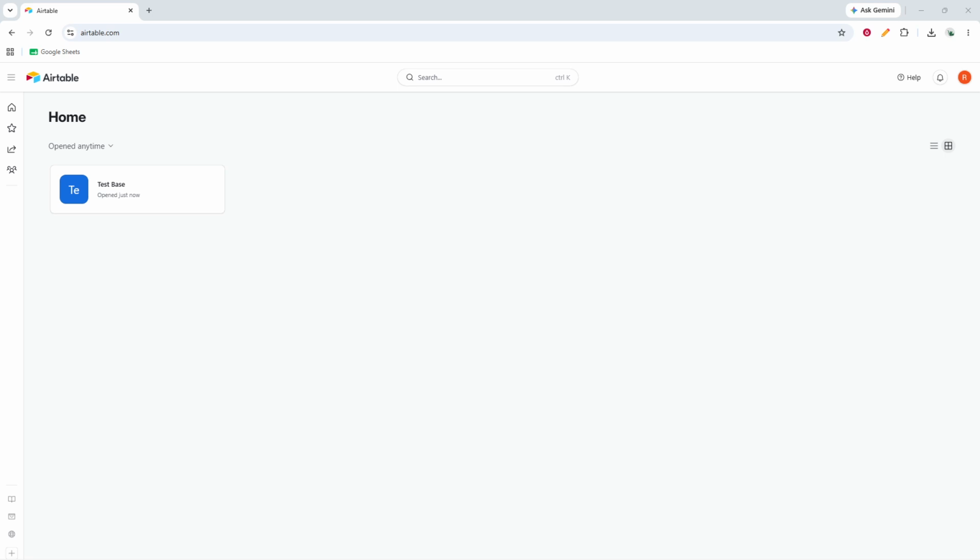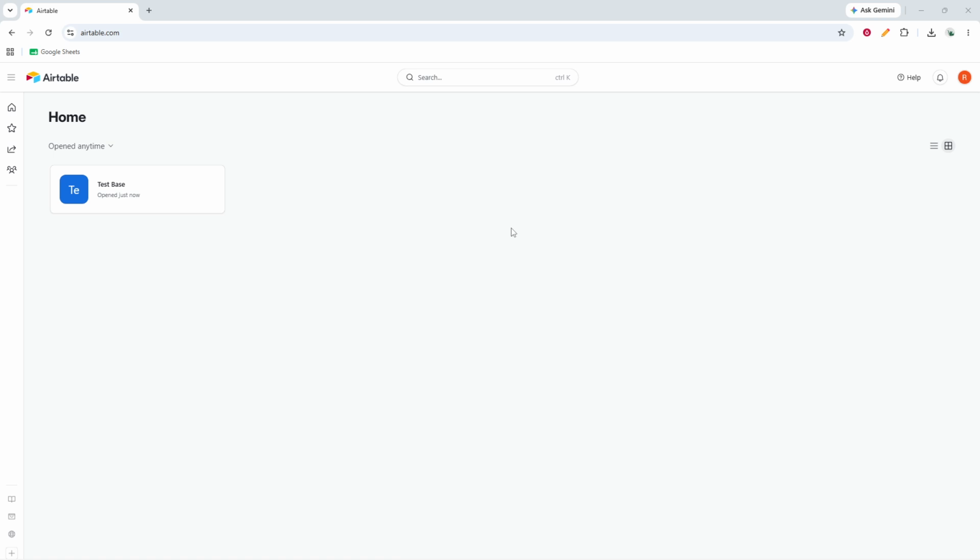In today's video, we are going to cover how to use Airtable Interfaces. Airtable Interfaces give you a way to build customized pages around the data in your base, so people can view and work with information in a format that fits their role. You can choose how the interface looks, connect it to a table, and adjust what appears on the page before